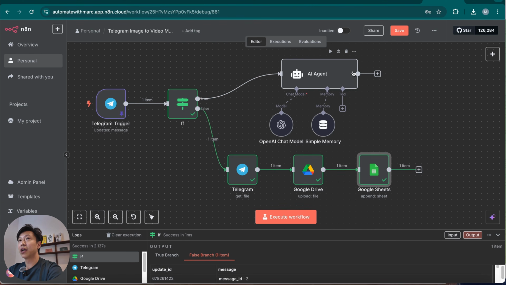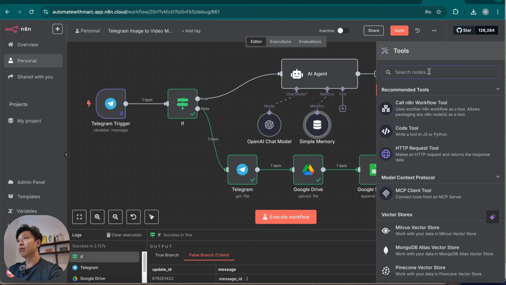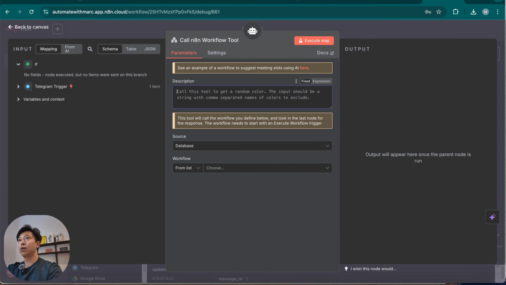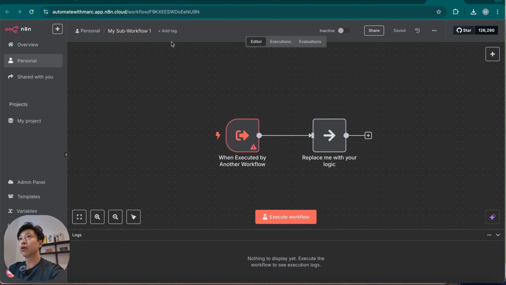However, we need now to take care of the case when the Telegram chat is just getting a text input in the form of strings, right? So let's go back to the AI agent and finish setting that up. So what we want to do here, we're gonna have a call workflow tool. So we're gonna say, call this tool to create video from image, okay? So we're going to choose from database, and we're just going to create a sub workflow, okay? And we're going to name this image to video